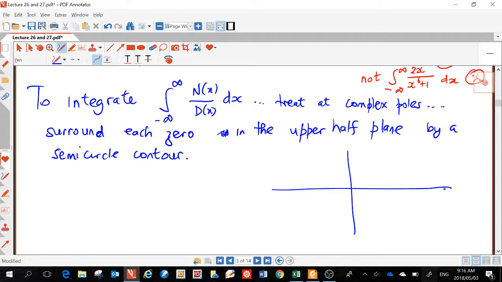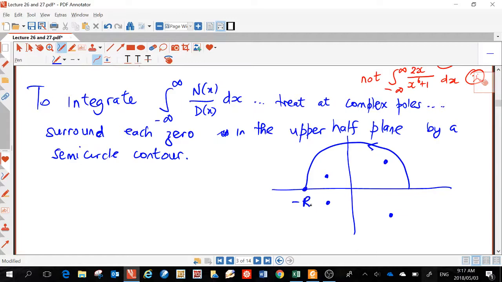So you have a situation like this. You've got, say, poles where the denominator becomes 0. So you have one there. Of course, you'll have a mirror image here, right? If you've got a pole here, say 1 plus i, 1 minus i would be a corresponding pole here. There'll be an image of it. If you've got a pole here, say minus half plus i, there'll be a reflection here. Because complex poles, complex roots appear in conjugate pairs. So the trick is, you surround the poles in the upper half plane by a semicircular contour like that,